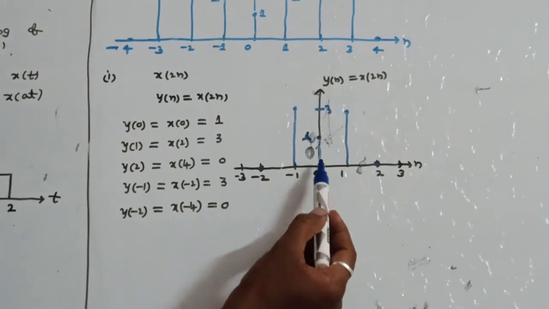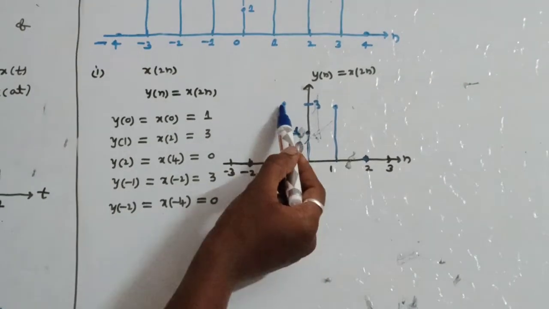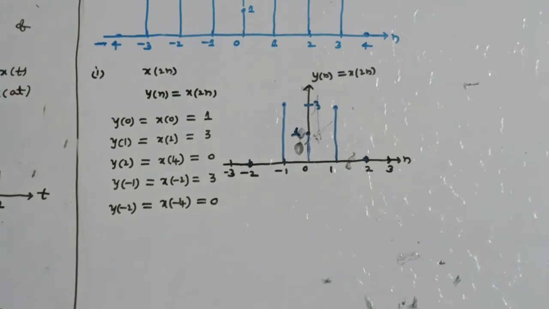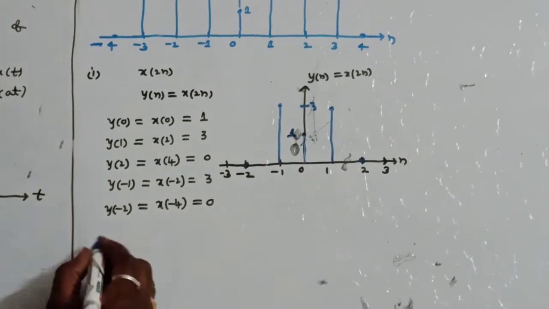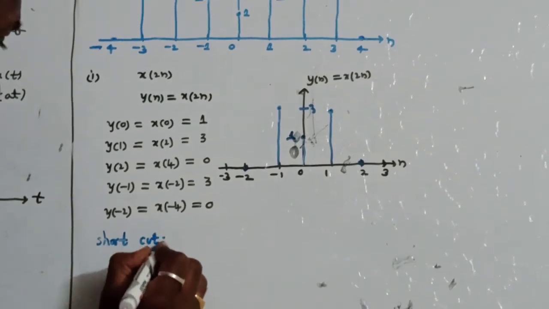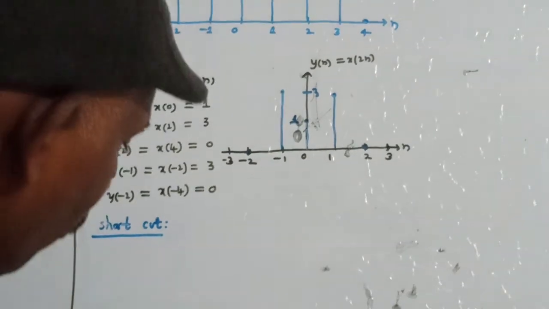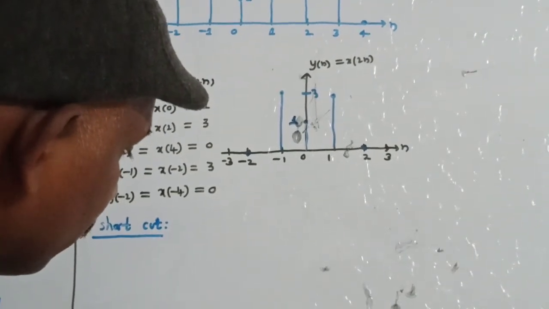Only 3 samples will remain. At y is equal to 0, the sample value is 1. At y is equal to 1, it is 3. At y is equal to minus 1, it is 3. These 3 samples will remain. So let us do it by shortcut. This is the procedure how to solve. Now what we will do is that